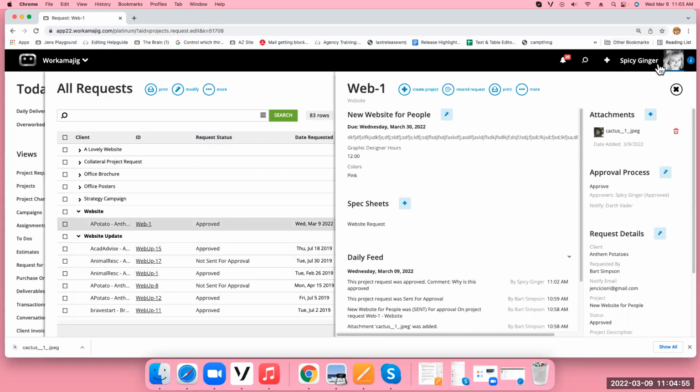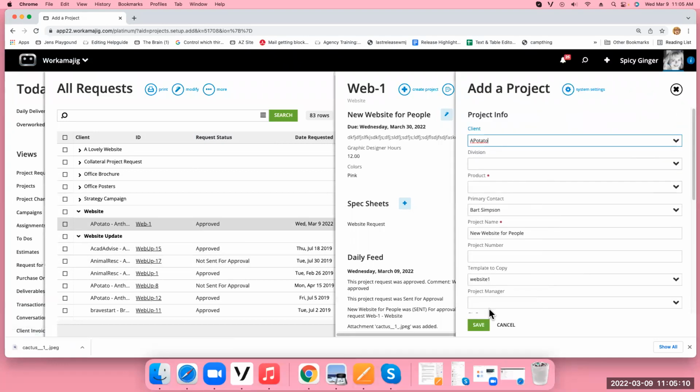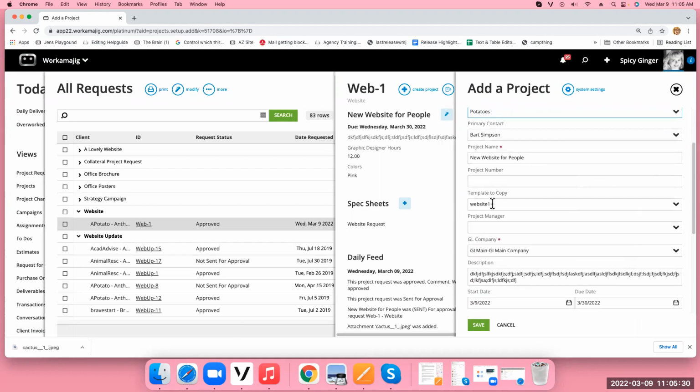Pretend I'm not Spicy Ginger and somebody else in the office that has the ability to create projects. They can come in here and create this project, or she can, which I know. So I could do that on any of these on here. So when I create the project, the cool thing about this, shoot, I have these other weird things. Sorry, I have these extra fields, you won't have these, most of you, but remember they pick the name, the primary contact that did it comes in with this. You don't have to have a project number, that's automatic. But this website